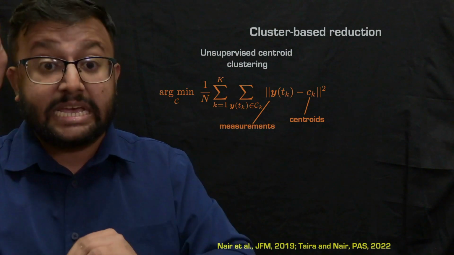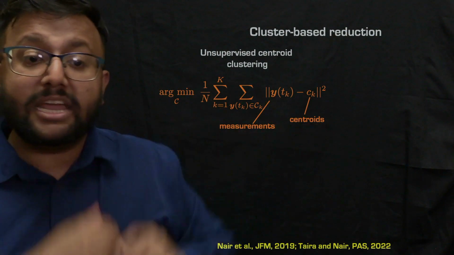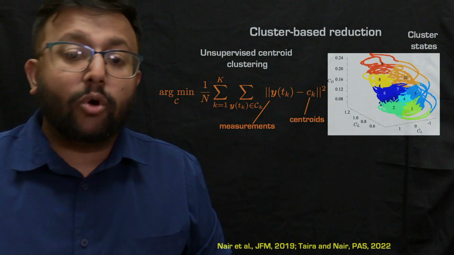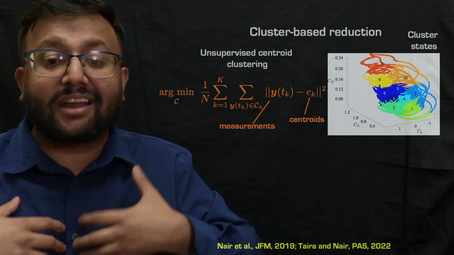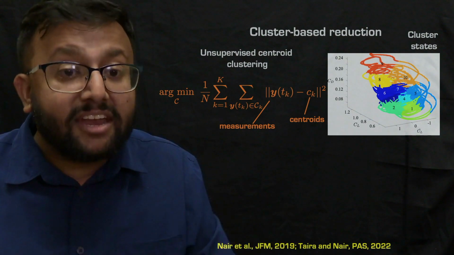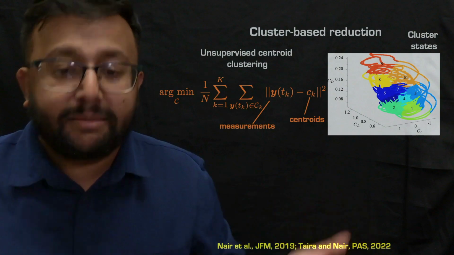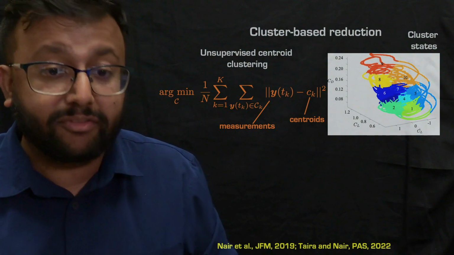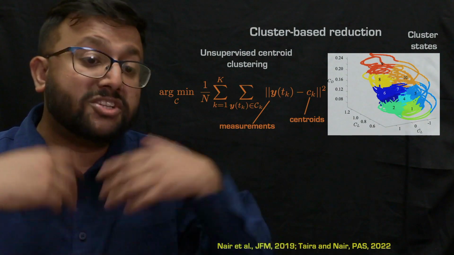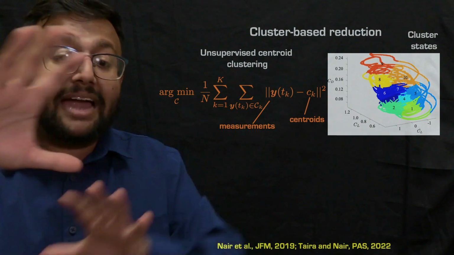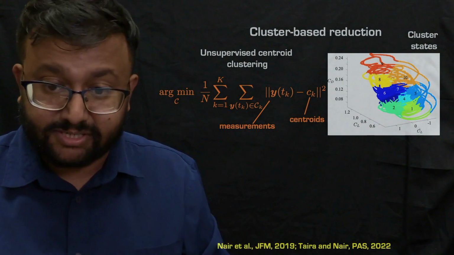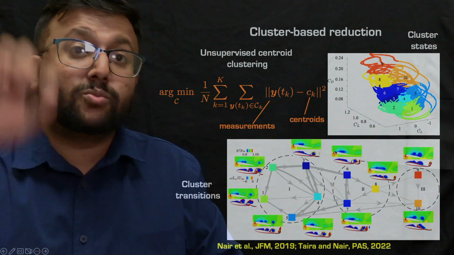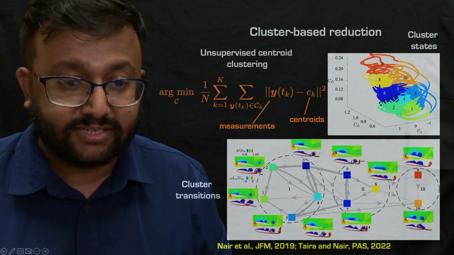You can identify these centroids now, just like I talked about community-based centroids. These are centroids just based on this cluster data, right? So it basically provides you a way of giving cluster memberships to each data point in your measurement space. So suppose you have some time history of lift coefficient, drag coefficient, and say the time derivative of the lift coefficient. What you can do is you can do this unsupervised centroid-based clustering and identify these 10 different clusters, right? And once we have these 10 different clusters, what we can do is we can identify the centroids of these clusters.